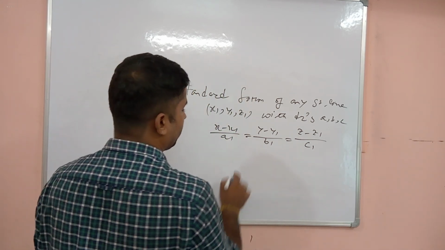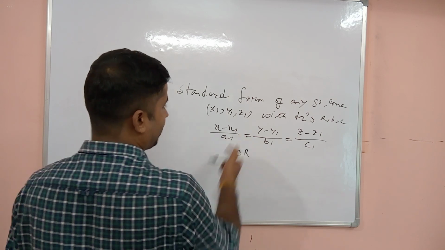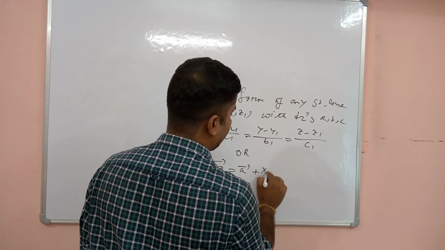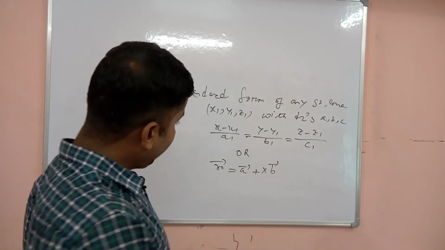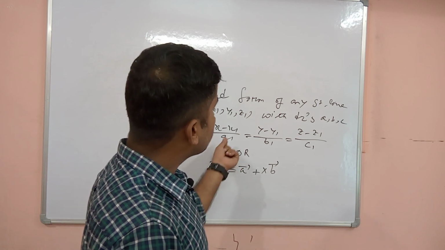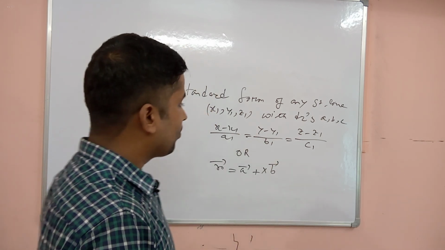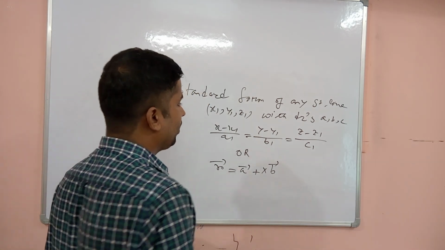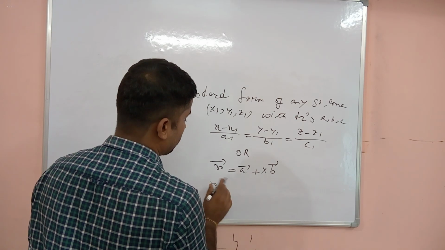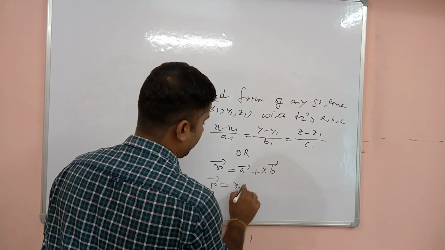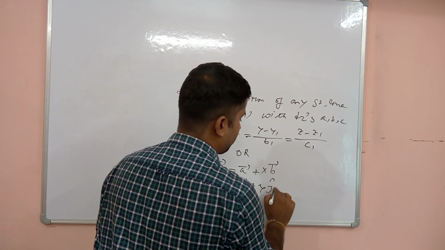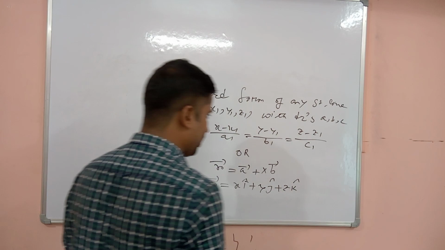Okay, Cartesian form, or it can be expressed as r is equal to a plus lambda b, where a is the position vector of a point through which the line passes and b is the DRs of the particular line. But r is the general vector which is known as xi plus yj plus zk. Okay,